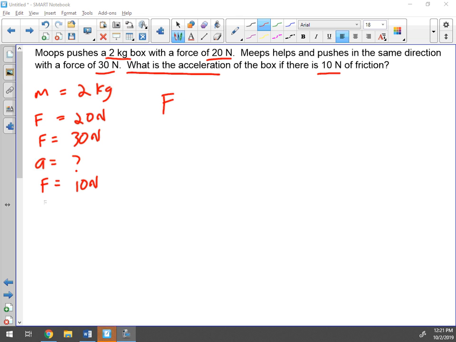Newton's second law says F equals ma. I know I'm going to use this one because I have a bunch of F's, an m and an a. The m is pretty easy to see. It's going to go right there. The a is my question mark. It's going to go there. But I have 3 F's that I have to deal with. So to handle that, if I think of this box,